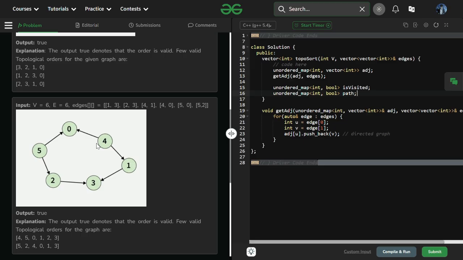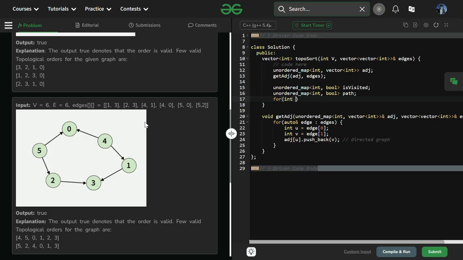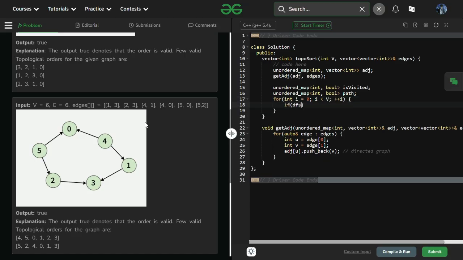Or if there are more paths, suppose there is an edge from 4 to 2, so 4, 2, 3 is another path. So there are so many paths, right? As per the topological sort definition, u should come before v. Okay, so now the path is done. Now we will do the DFS for every vertex, right? So if DFS is there for the ith node, the adjacent list is visited,